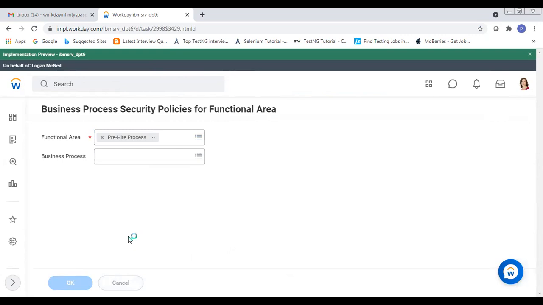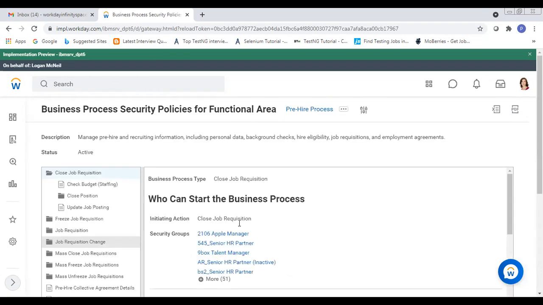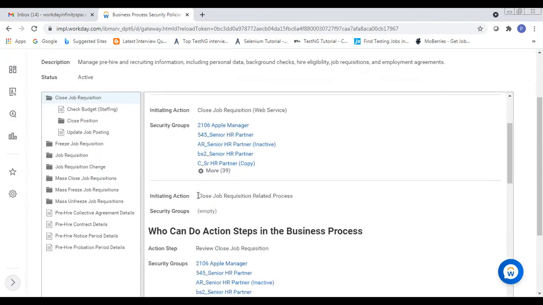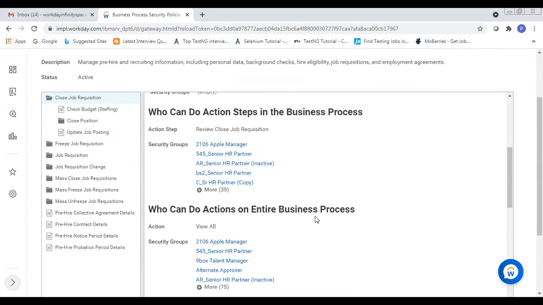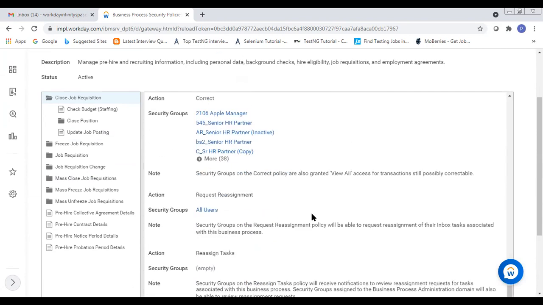After selecting it, we have the option of editing. For every functional area, we can see who can start the business process, who can do action steps in the business process, and all the steps that we can perform in it.